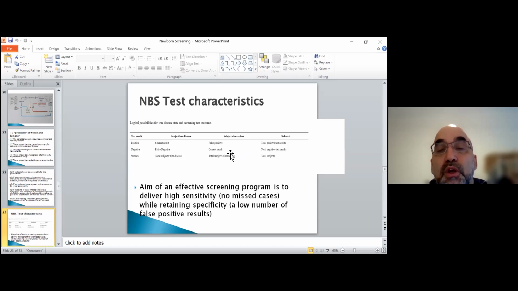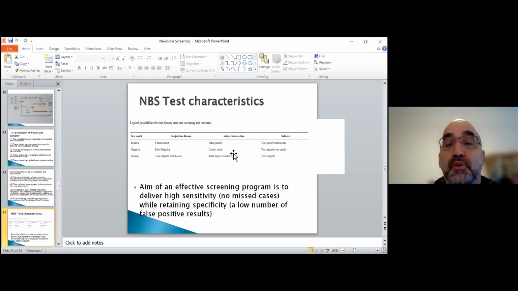It is very important for newborn screening to have very high sensitivity on this side. You don't really want false negatives in these babies, because that is the whole purpose of newborn screening. So you should have very, very high sensitivity here. The correct result to the total result should be a very, very high percentage. Usually it's around 99% in most of the assays we do.